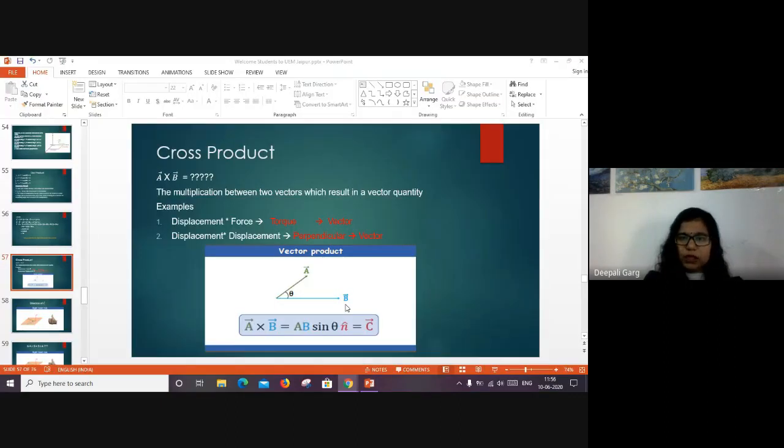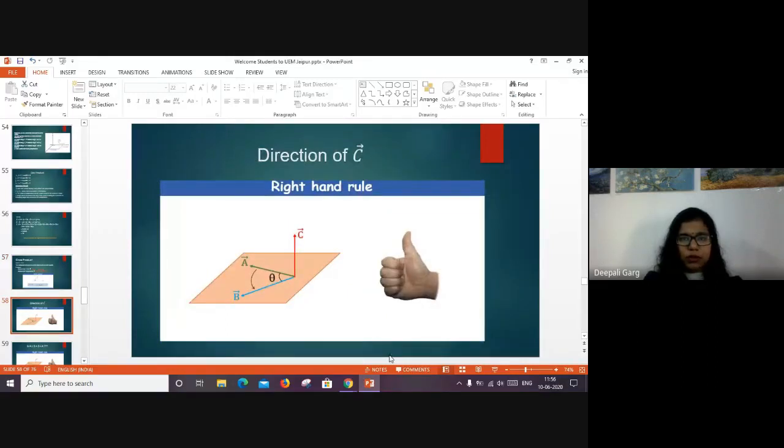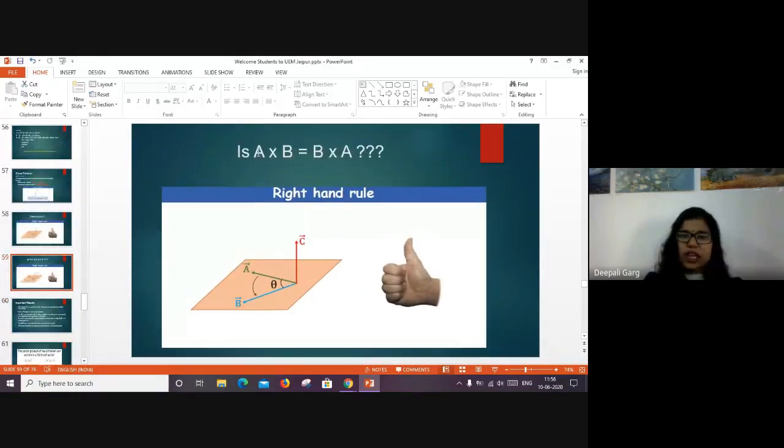So this is my right hand thumb rule. So this is also what we have done: A cross B is not equal to B cross A. We have seen this. So in this diagram, A cross B will be towards up, and B cross A will be downwards. For this diagram, A cross B will be like this: A, B, upward, and for B cross A it will be B cross A, down. Right? They are not same. However, the magnitude is same.